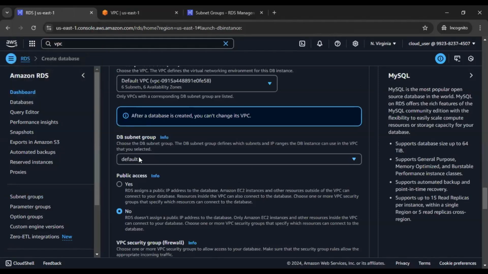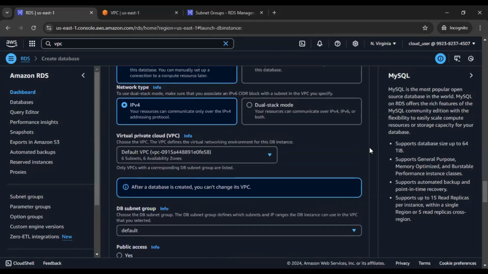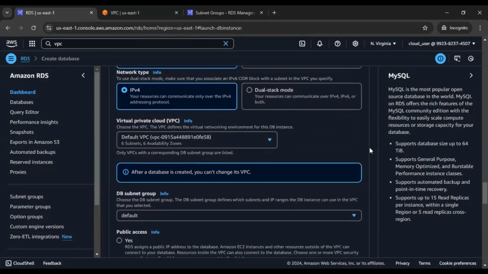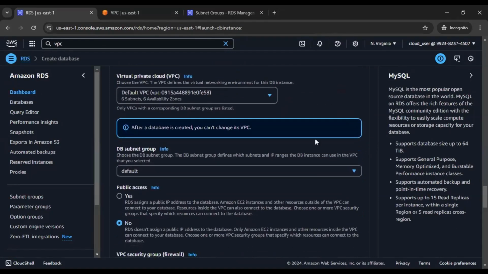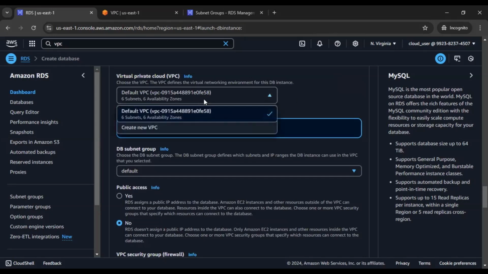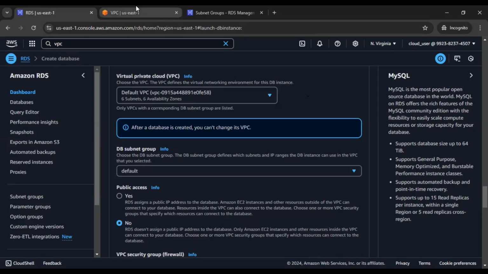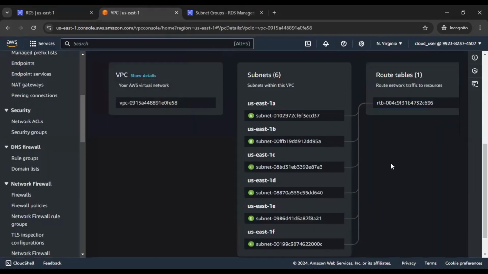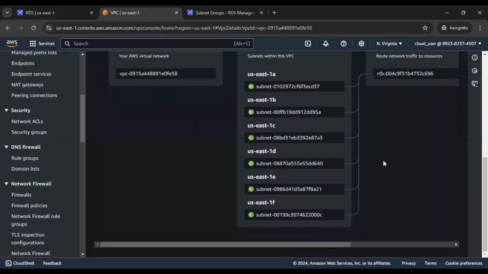Default service, default subnet group will look. All right. So this is a very important part that we have discussed right now. If we really want to create a private database, for example, a database that should not use any public subnet. For example, over here, we see that we have 1A, B, C, D, E, F, 6 subnets